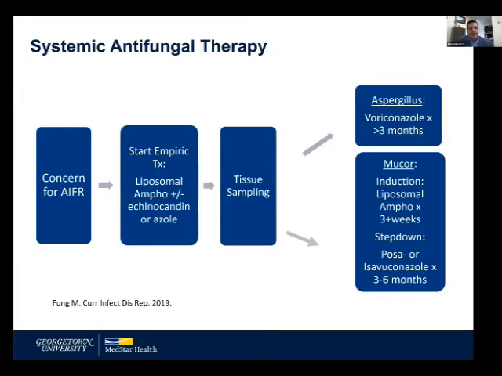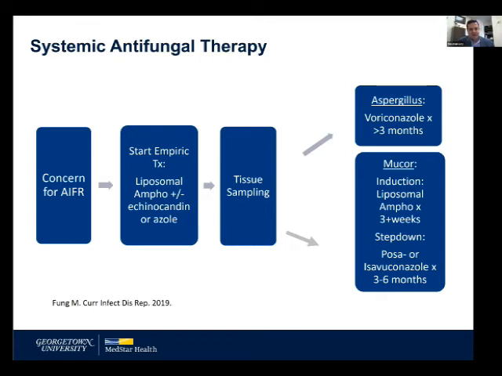Antifungal therapy. I'm not going to preach to you guys on this. You guys know more about this than I do. It's like having a third year med student tell me how to operate. I'm going to touch on this, but you guys are much smarter about this component than I am, especially any ID colleagues on the line.